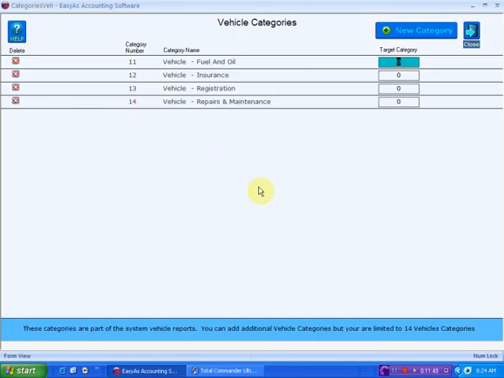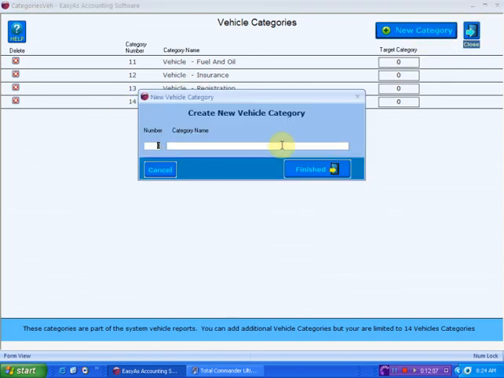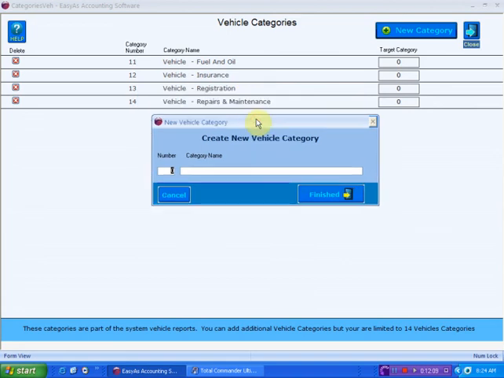And it tells you down the bottom here, I think, that you are limited to only 14 categories under vehicle categories, and they start from numbers 1 to 14. The startup numbers are 11, 12, 13, 14. So if you want to add a new category here, and if you select number 11,